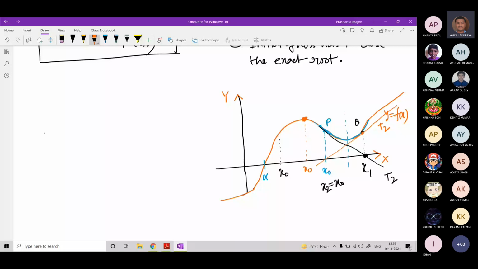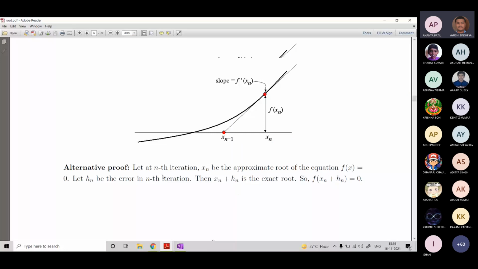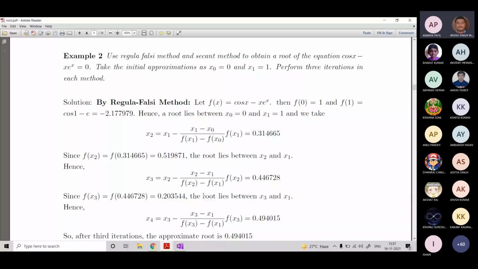Okay, so I'll upload this study material. There you will see how examples are done. Shall we discuss a few examples in the class? Not now, sir, please. Today time is over. So in the next theory class we'll be solving a few examples, and then we'll consider the next theory topic. Is that clear to you? Yes, sir. Thank you, sir. So this is the regula falsi method, second method, and the Newton-Raphson method.